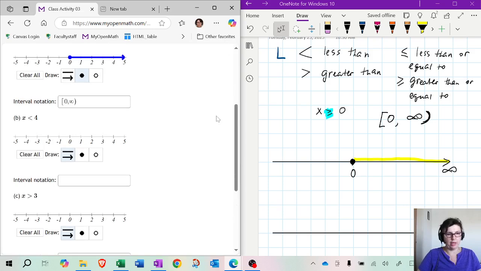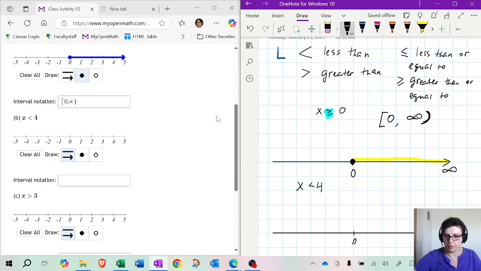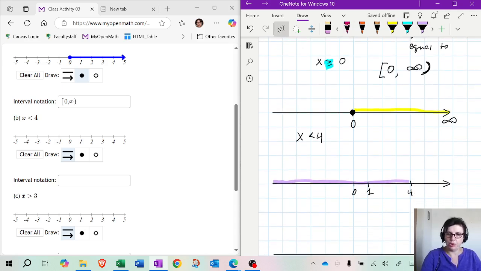This one says x less than 4. So we want to find out what that is going to look like. First of all, locate 4 on the number line. So this would be 1, 2, 3, 4. So 4 would be over here. Now this resembles the letter L, so it's less than, which means that we should be shading to the left of 4. So everything to the left of 4, less than to the left. Now, what you also need to know is that on the left side, this is going to be negative infinity. So on the right it's positive infinity, on the left it's negative infinity.